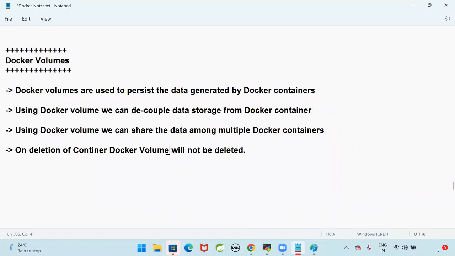Why do we need to store container data in the host machine? What is the reason? Yes, if you don't store it and you remove the container, you will lose your data. For example, my application database is running in the container. If I want to share the data to multiple containers,